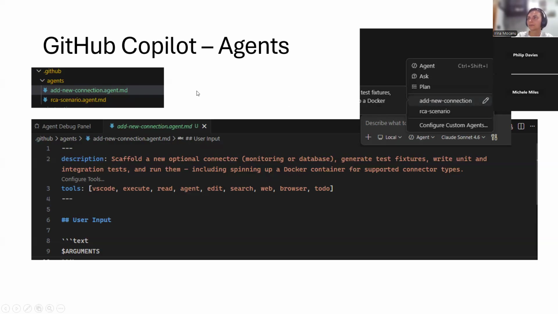Now, in order to use an agent, under the .github folder, create another folder called agents. And then the new agent that you want to create, it has to end in .agent.md. This is how it gets picked up. Now, inside the file,